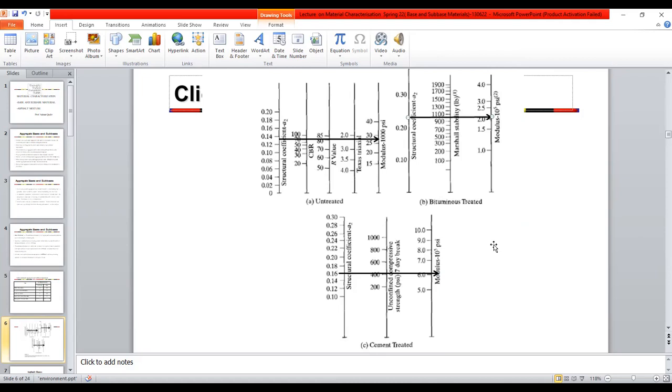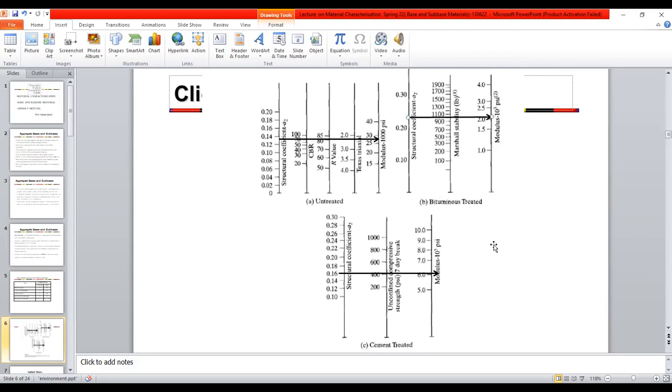Now, for those of you who want to know the difference between untreated and bituminous treated, or any treated material: when we talk about untreated, it means whatever crushed aggregate we have, we laid it and compacted it to the required density.